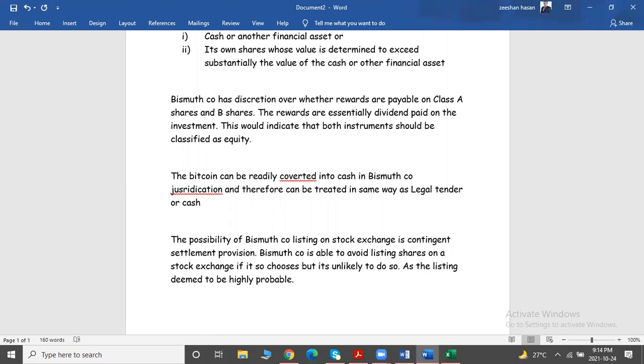So, in this case, the class A shares will be classified as liability